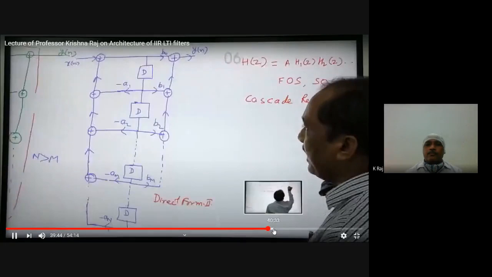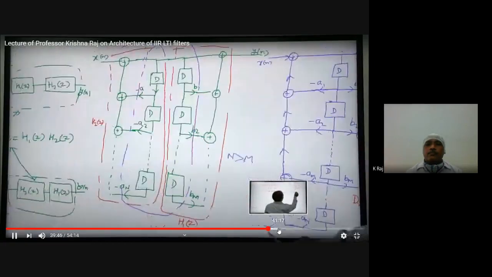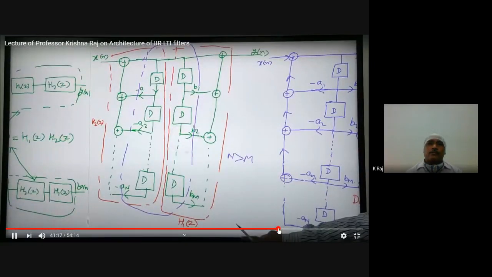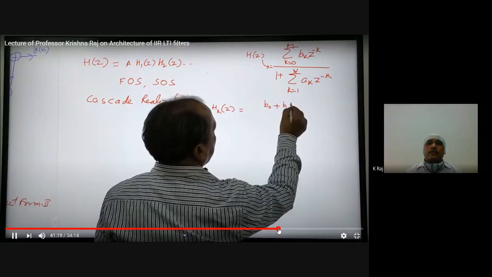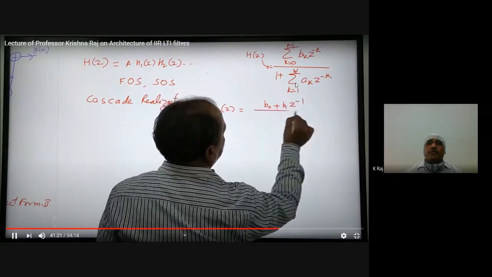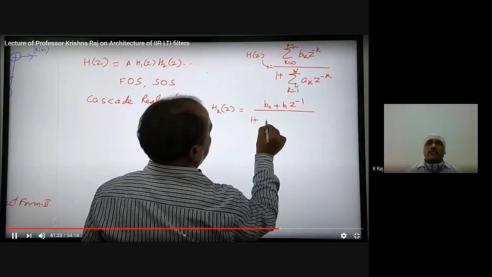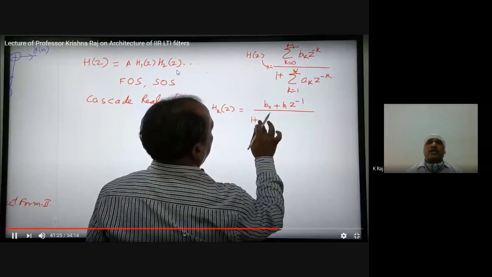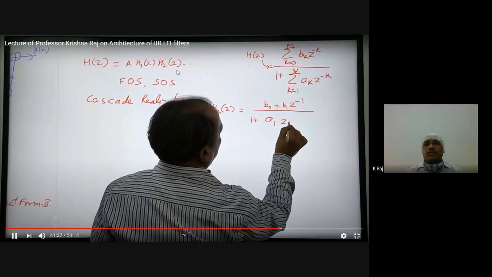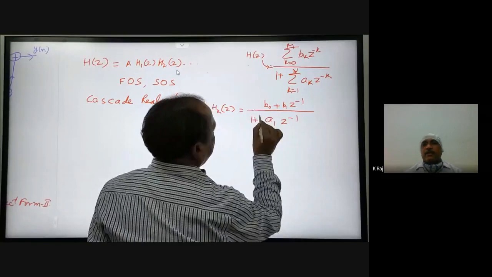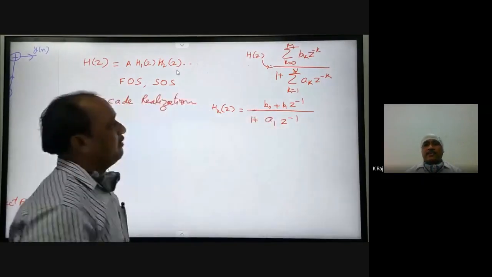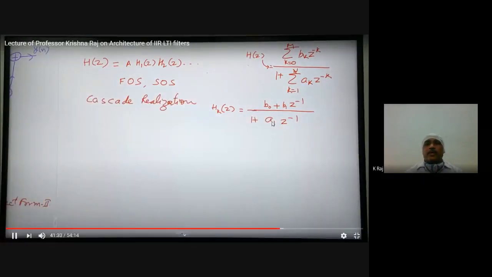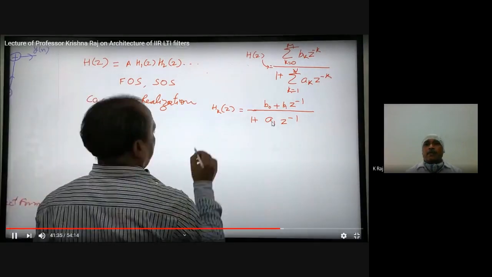See, this is the first order mathematical model. First order section, FOS: if the order is an odd number, then the first will be the first order section and the remaining will be second order sections here, and the second order section will be described by this mathematical equation here.